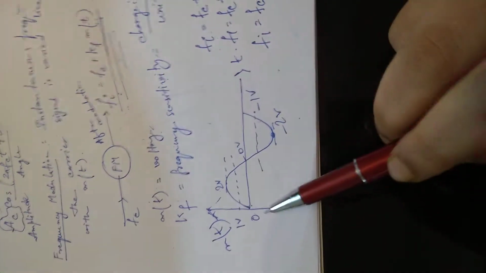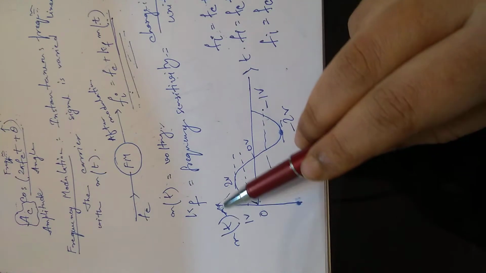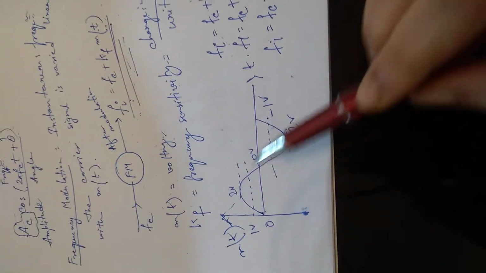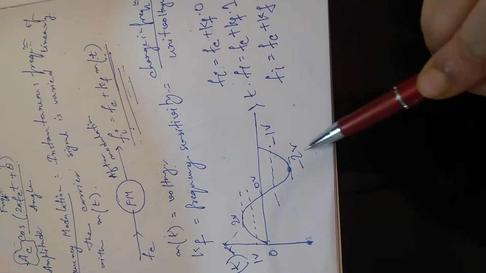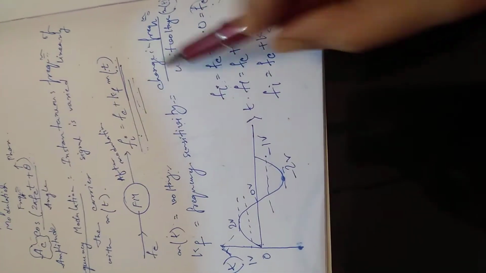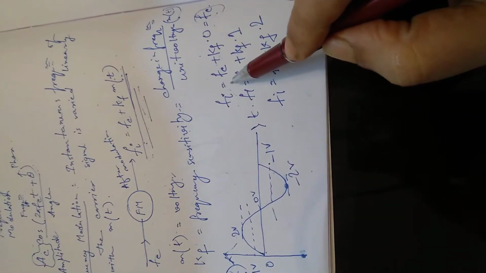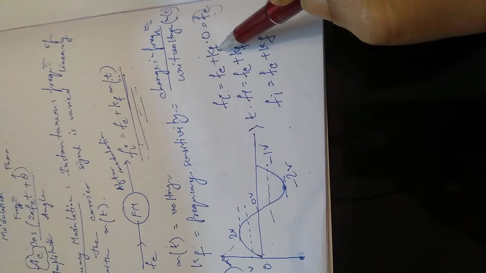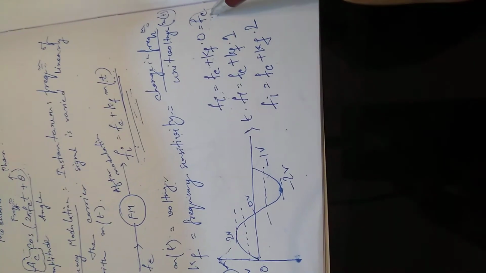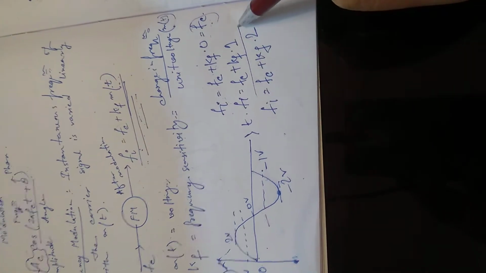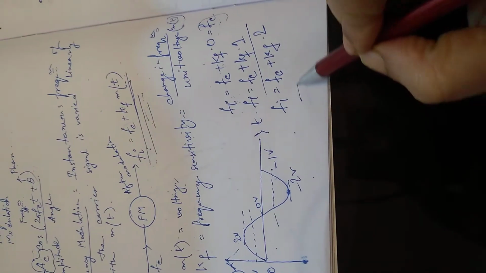Now how this will be working, let me show you through this waveform. Let me take a message signal m(t), and I have labeled my message signal as 0 volt, 1 volt, 2 volt. Once again 0 volt, minus 1 volt and minus 2 volt. How this instantaneous frequency is occurring with this formula, we will see that. So fi is equal to fc plus kf dot 0 at the 0th level. So there is no change in carrier frequency, we are only getting the carrier frequency. At the 1 volt level, the instantaneous frequency will be like this. At the 2 volt level, the instantaneous frequency will be like this.